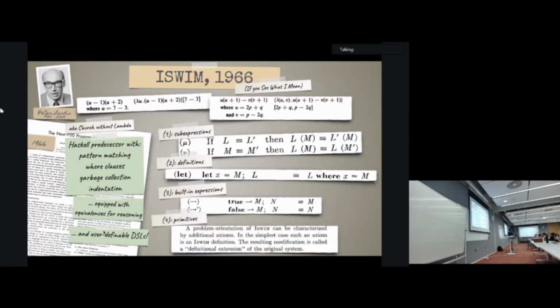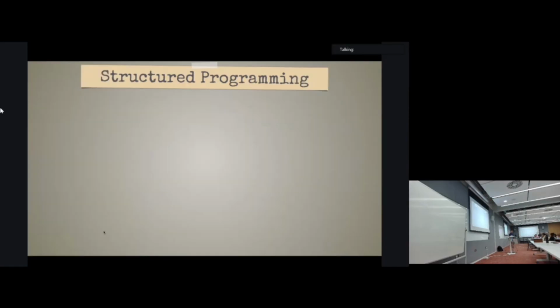And this is what I meant by the charm of this work, where it's not so much like a whole bunch of equations and he builds up the syntax. It's more like he describes, problem orientation of ISWIM can be characterized by additional axioms. In the simplest case, such an axiom is an ISWIM definition, yada yada, right? So they talk about things rather than defining things like we do today. Okay, so that kind of starts to set the scene